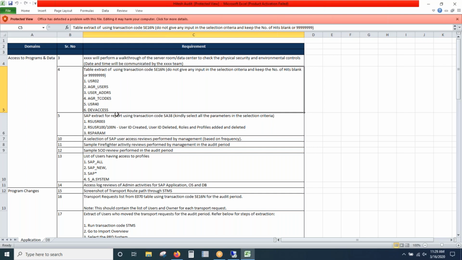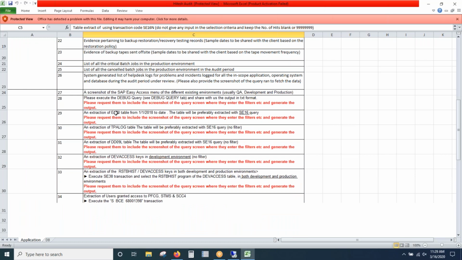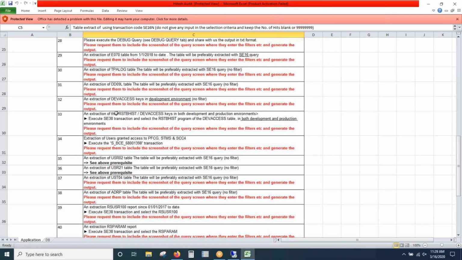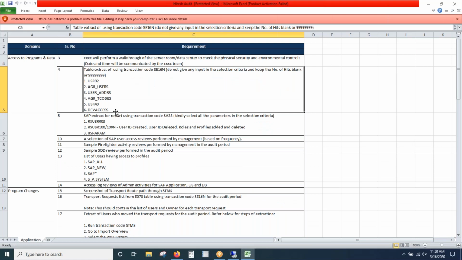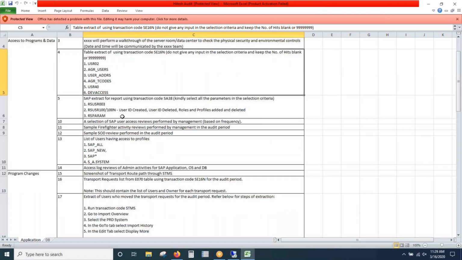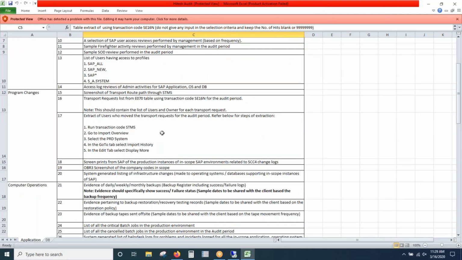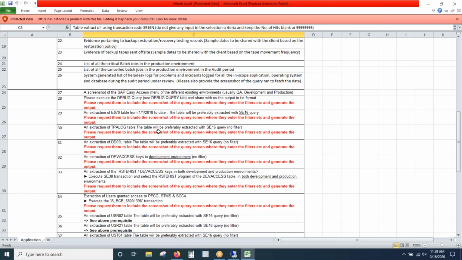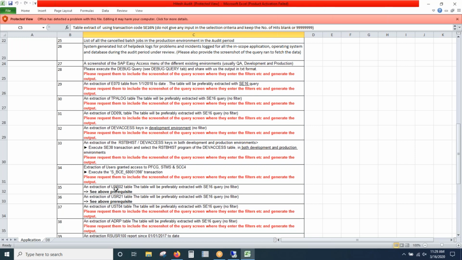Okay. So any company, when the external audit comes, if you are working in audit or security, these are the questions that are asked to you, and you have to provide this document. So check it. Like the fourth one you know, the fifth one you know, and the 10th one you don't know, 11th you don't know, 12th you don't know, 13th you know, 14th you don't know, 15th, 16th, 17th you know. Scroll down. Remaining are small, monthly. Remaining all are table level or user level reports.